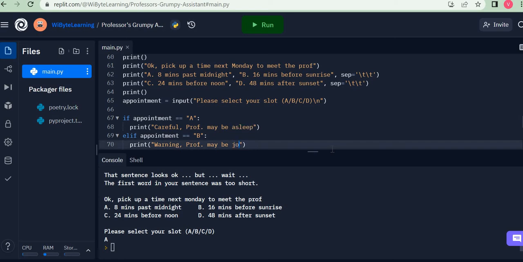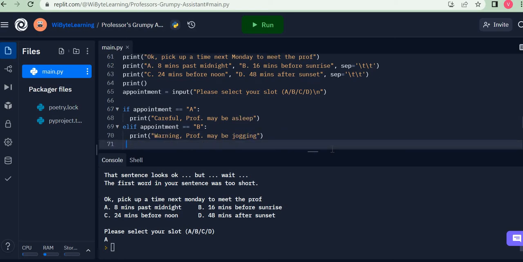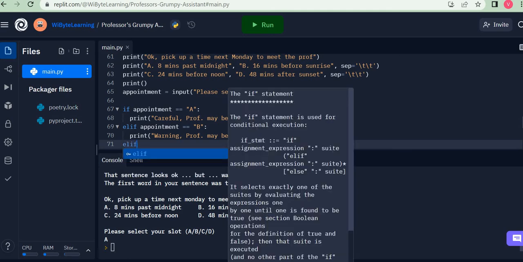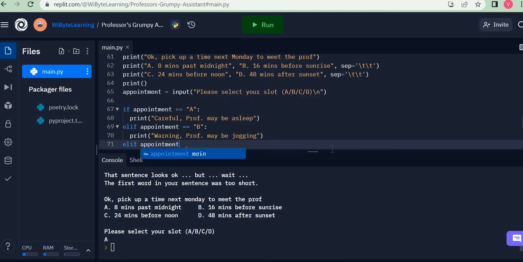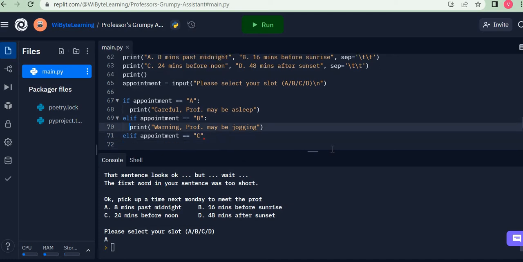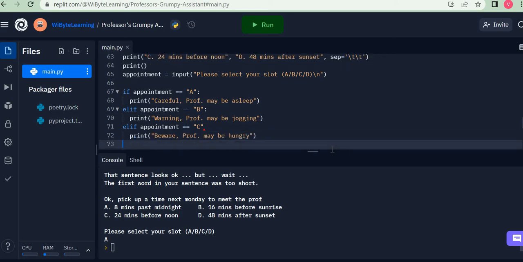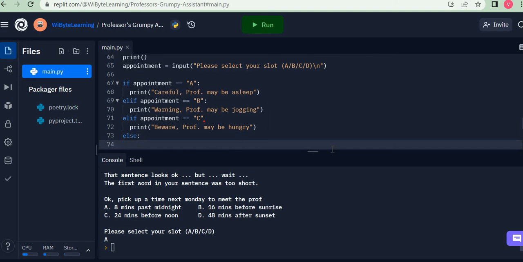Now again, you can be very creative here, but I'm just giving you some ideas, right? So elif again, appointment is equal to C, and again I must indent this code, and I must copy and paste it with Control C and Control V. And maybe I can say prof may be hungry, because this is 24 minutes before noon, just before lunchtime. So beware, prof may be hungry. Maybe craving his lunch or something. And finally, I can have an else statement, because those are the only options that I had. So else must be D, and I can write after an indentation